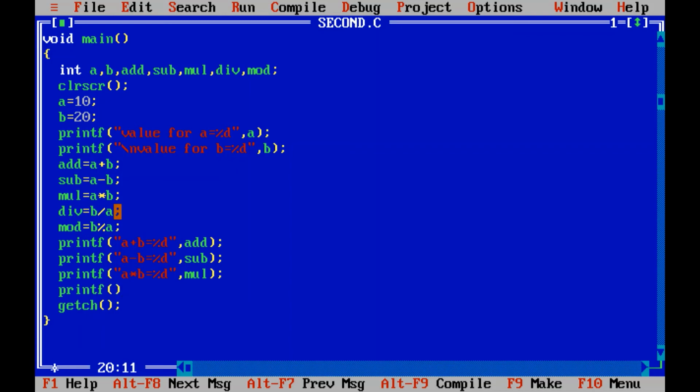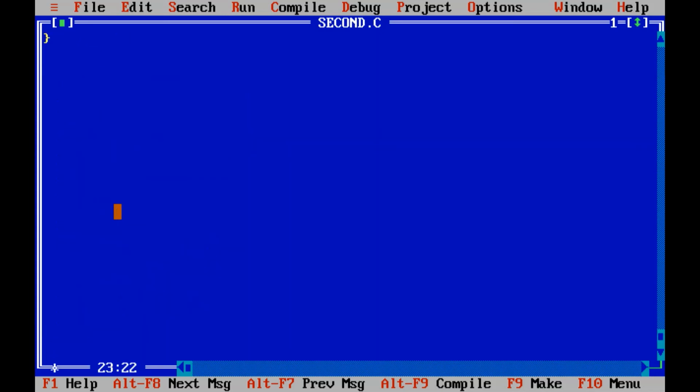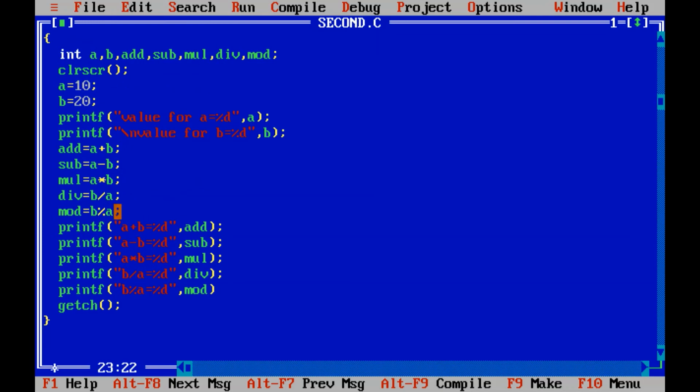Then printf, we are going to divide, so b divided by a equals to %d, give a comma, don't forget to give a comma. Then in div we have the division answer, and printf last is your modulus, that is b mod, percentage sign a, equals to %d, and comma mod, and give a semicolon at the end.